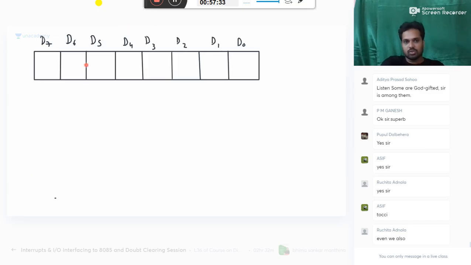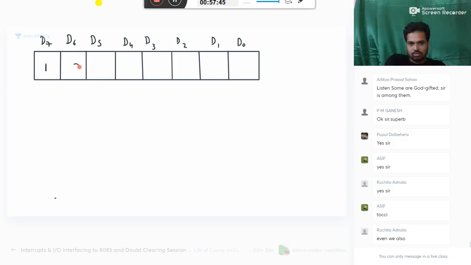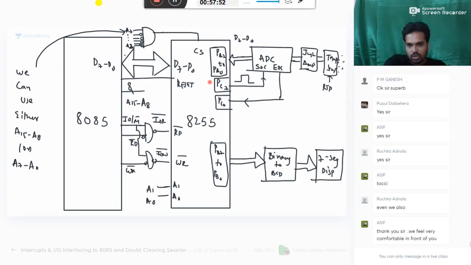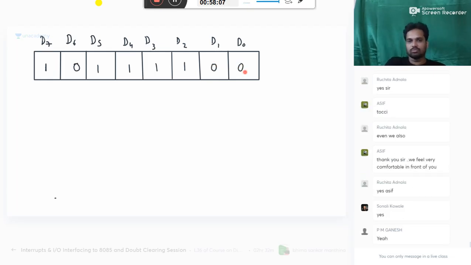But see here. Firstly, it is an IO mode. Port A is used as an input port. Mode 1. Port A is an input port. Port C upper is an output port, because we need to give the signal. Thank you, Asif. And now port B is mode 1. It is an output port. This is also